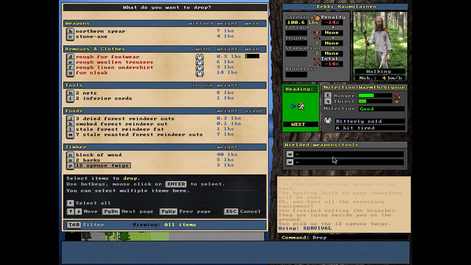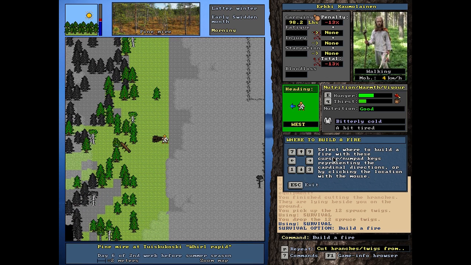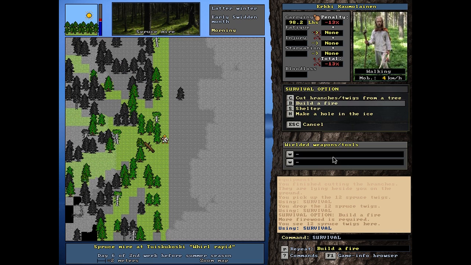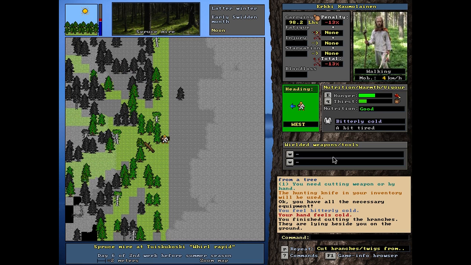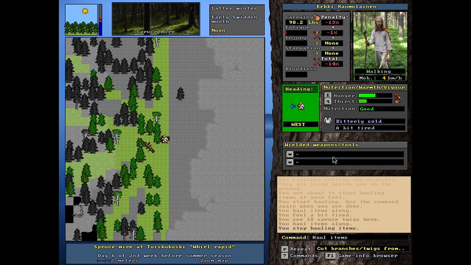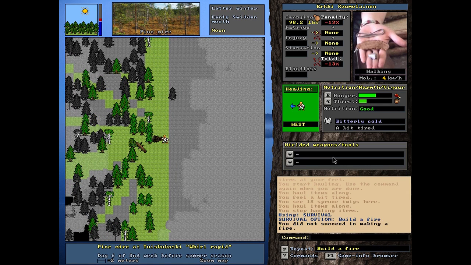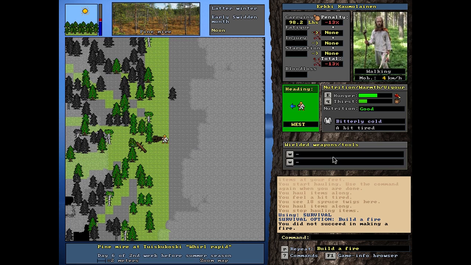Let's actually drop these, since that's what is required to make the fire. More firewood is required. Well, whatever. Let's cut some more branches. And haul these to this location and build the fire. Indeed, you did. Original fire of course should be done before